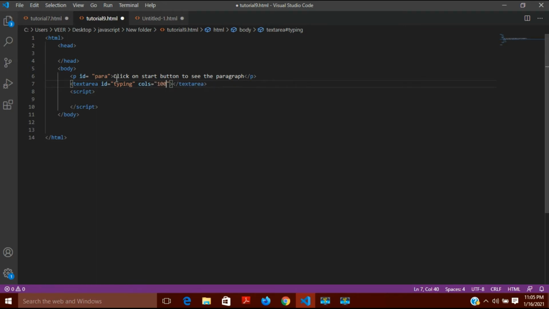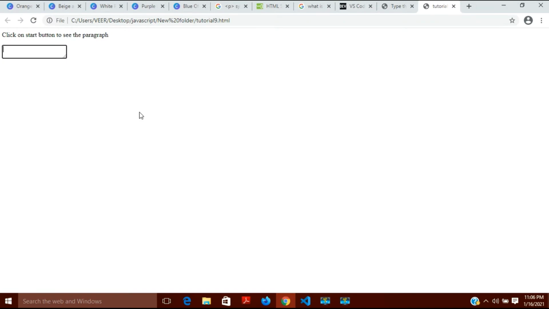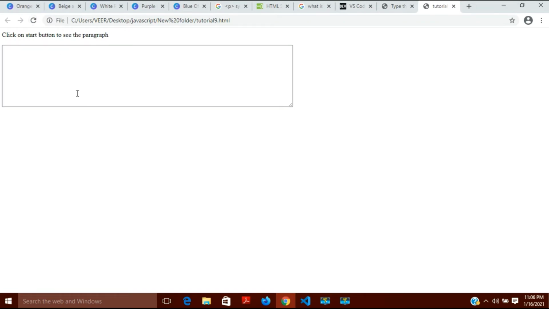Let's say I'll give it 100 columns, and rows equal to, let's say, 10 rows. After this, let's save it and see what happens. You can see here columns have increased its length, and rows have increased its width.